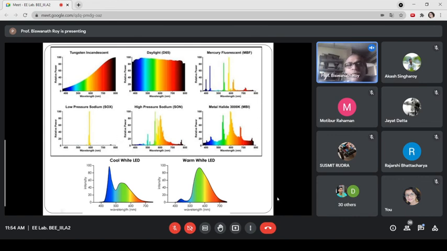আচ্ছা, আমি উত্তর দিচ্ছি এইভাবে, ডাইরেক্ট কোনো কোরিলেশন নেই। যেমন এর সিআরআই খুব ভালো, সিসিটি হচ্ছে ওয়ার্ম কালার, সরি কুল কালার, ডেলাইট কালার। এরও সিআরআই খুব ভালো, সিসিটি হচ্ছে ওয়ার্ম কালার। ওই জন্য কোনো ডাইরেক্ট রিলেশন নেই। কিন্তু স্পেকট্রাম দেখে আমরা বুঝতে পারি ওর কালার অ্যাপিয়ারেন্স কি হবে, ওয়ার্ম কালার হবে না কুল কালার হবে, তেমনি সিআরআই এর ব্যাপারটা আমরা বুঝতে পারি যে অবজেক্ট কালার ও প্রপারলি রেন্ডার করতে পারবে কিনা।